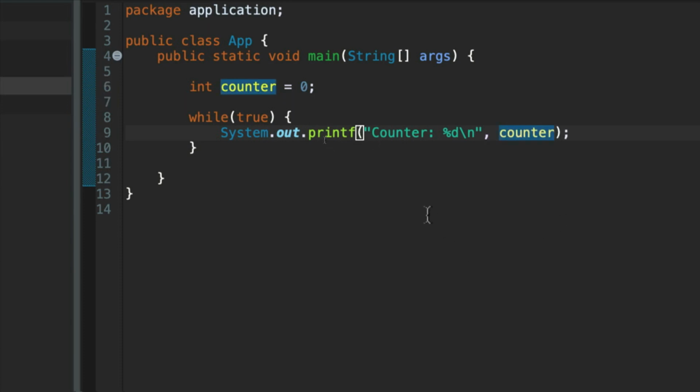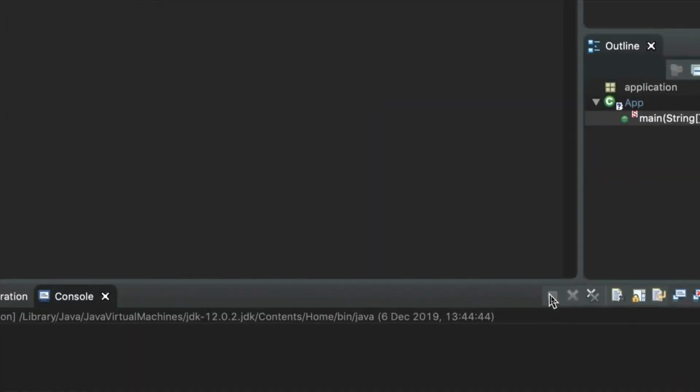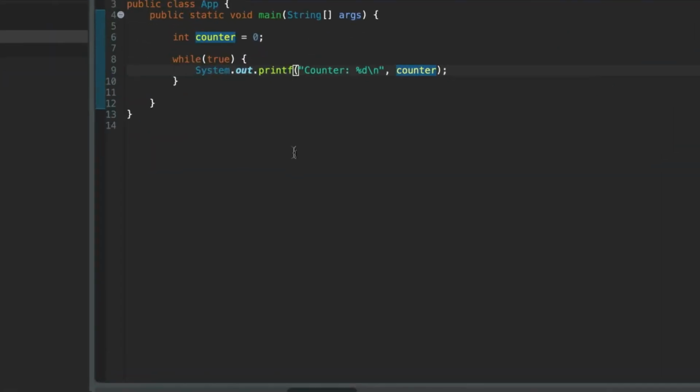All right, so if we run that as it is, we're just going to see 0 printed over and over again. So let's look. Terminate it with the red button there. So it just says counter 0. But now within the loop,